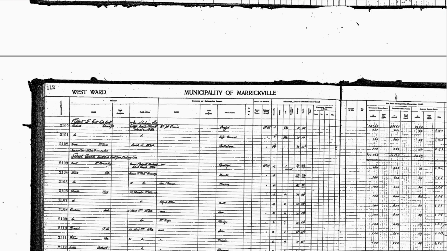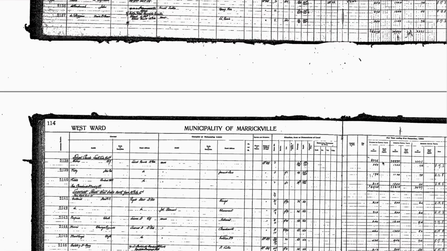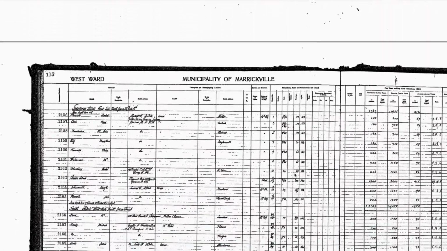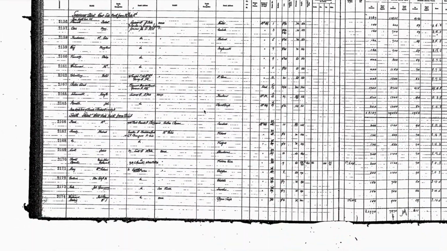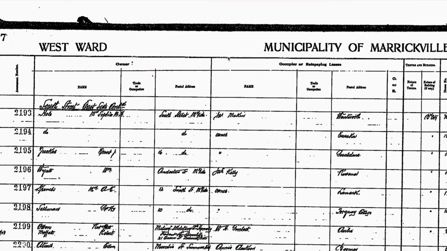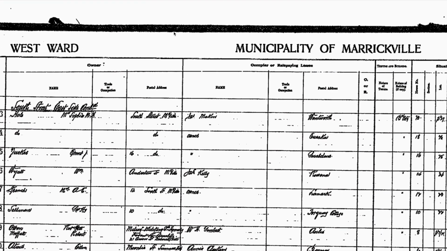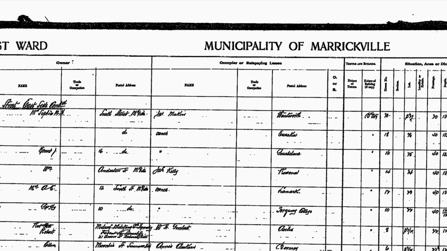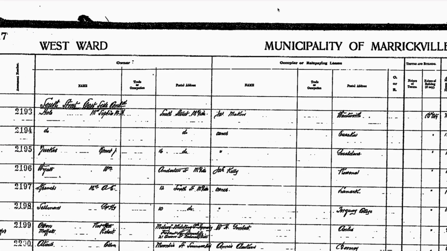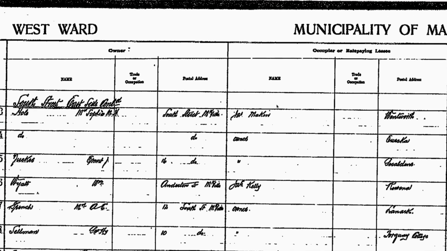On the document you can see those streets as you scroll. They also follow deeper descriptions of the street, such as South Street East Side, which can further help you geographically locate in the documents. Here we clearly see Sophia's name with the same house number, number 20, lot 27. It now can also show that it is being rented out, but also shows she owns the property next door